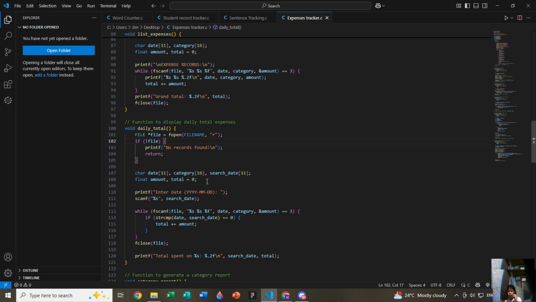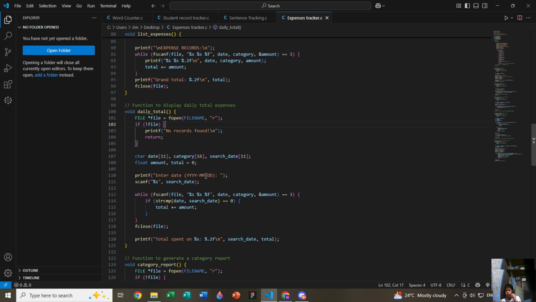Now, and here for the dates 11, this basically stores the date string of year, month, and day, the category, which is the characters, and the search date.